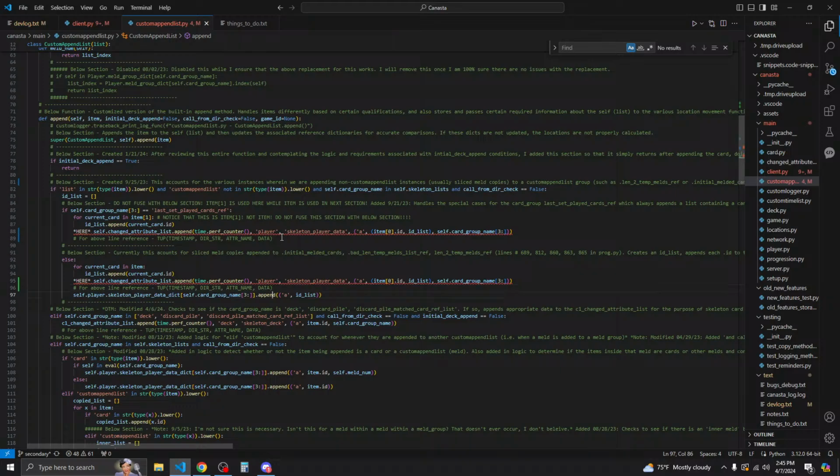Okay, let me slow down. We want the data to consist of just A and then self ID list, but we also are adding the card group name, and just to make sure that it's the same thing, yeah, it's self card group name, it's 3 onward.